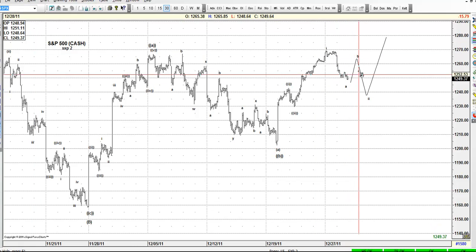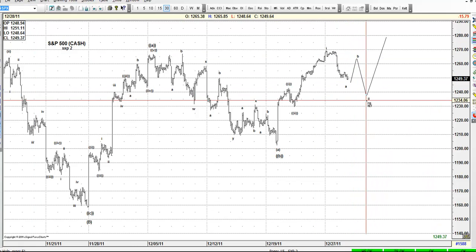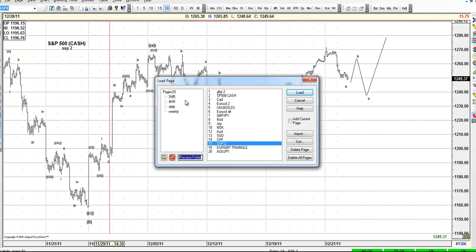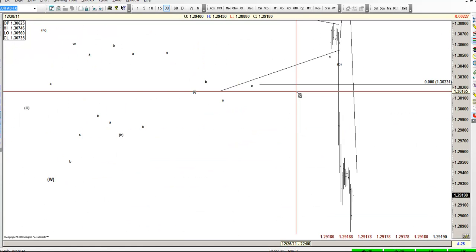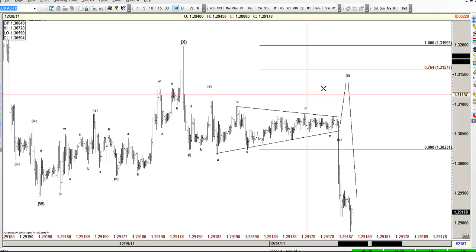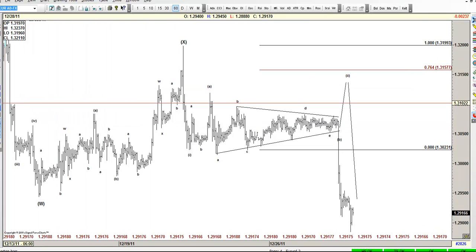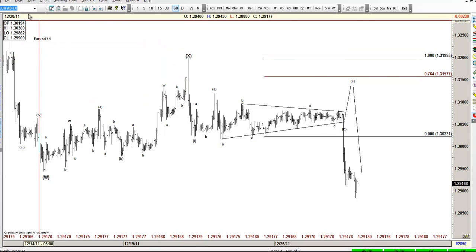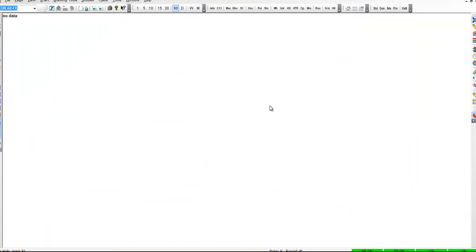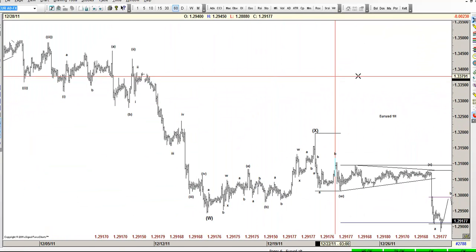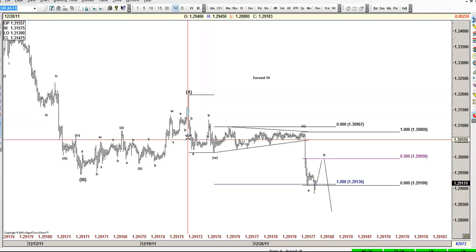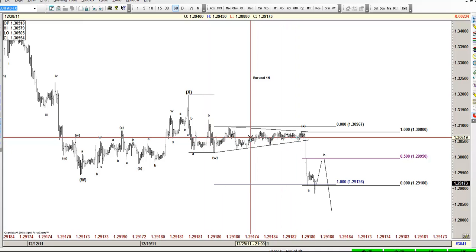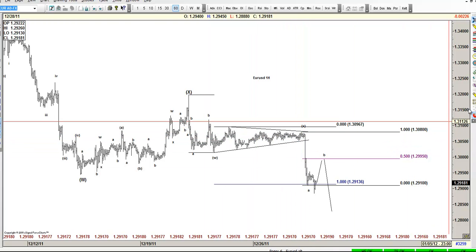Now, with that in mind and seeing that the S&P cash should trade lower again, we go to the euro dollar. And the euro dollar is looking like this. The euro dollar, in my view, it did, one second, this is not the count, it's this one. The euro dollar, in my favorite count, this is what it did. It did three waves down here, and then it did a triangle sideways,